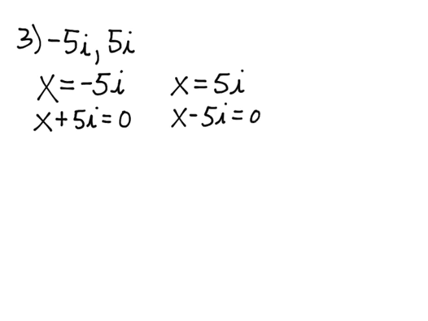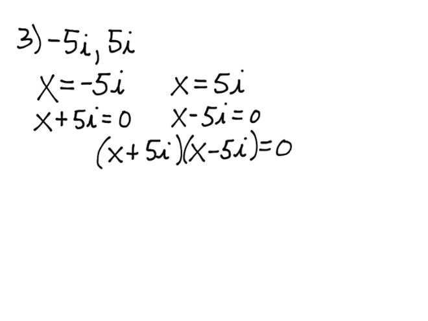Now I know we didn't factor anything where we factored with i, but if we do FOIL this, what will happen is we will get rid of the i term in the middle. So we'll get x squared minus 5i times x plus 5i times x, which will cancel, minus 25i